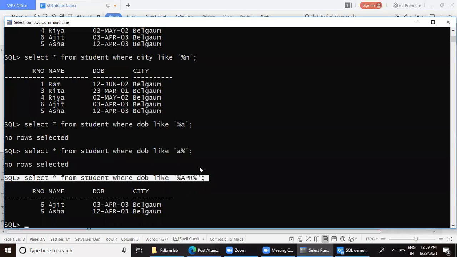If I ask you to display the student details who are born in 2003, don't bother about 1993 or 2003, just try to match the last two characters.